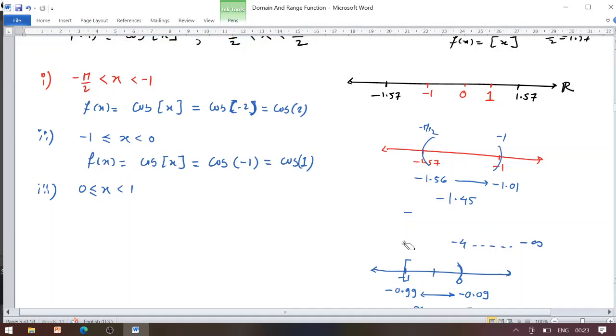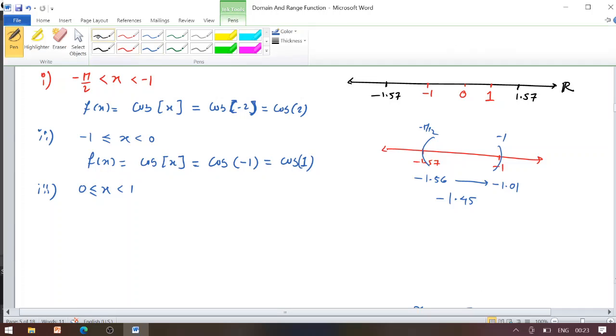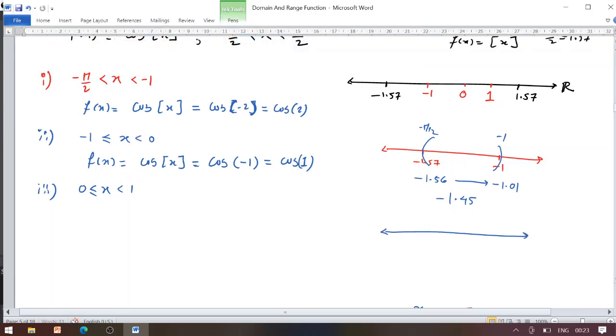So for that, again I will consider a real number line and the semi-closed interval on it. We are trying to find out, for any real value in the semi-closed interval 0 to 1, somewhere is the 0 and somewhere is the 1. So it is the semi-closed interval: 0 is included in that interval while 1 is not included. So consider any value. I will consider x equal to 0.5 now.